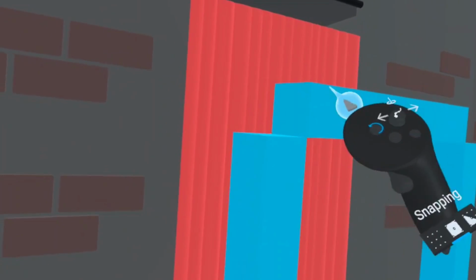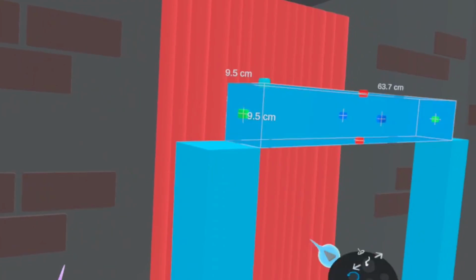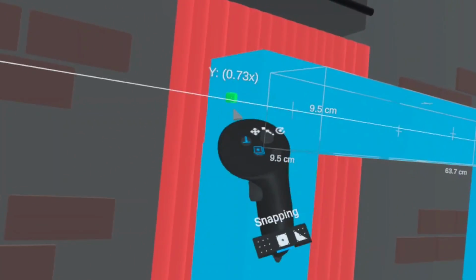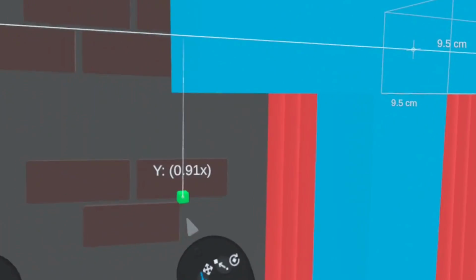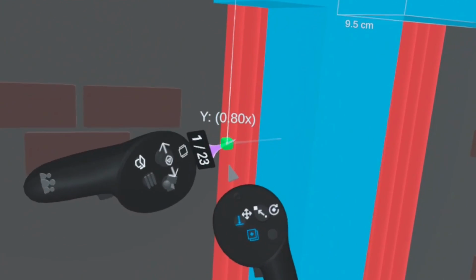So I want these sides to be flush with each other. So I'm going to use our Snap to Surface feature. So I'm going to go ahead and select this here. We've got our scale gizmo pulled up. I'm going to grab this corner here. And then you'll notice when I move this side close to this adjacent side, I've got this line that appears